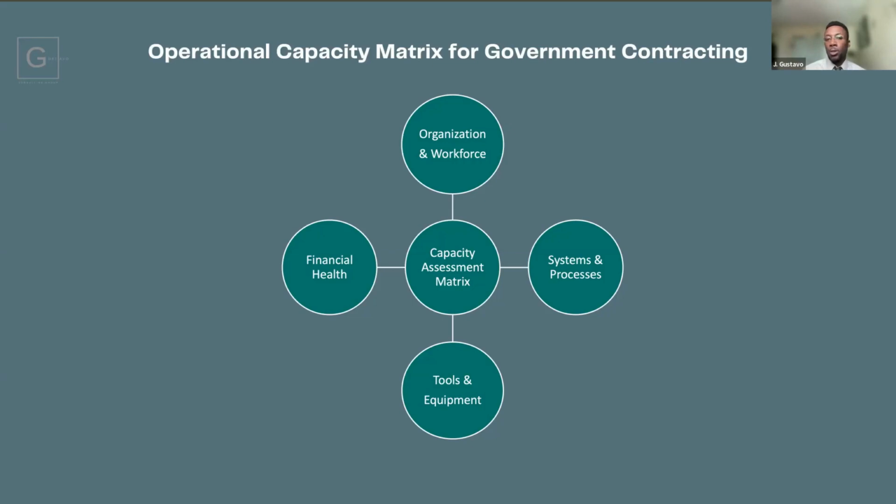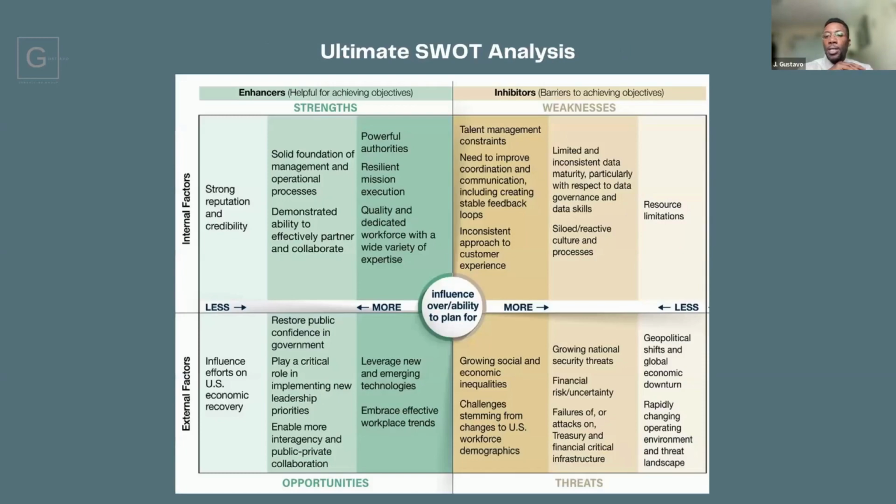So you can actually use this model to assess exactly: do you have all of the key functions in place in your organization and your workforce, your systems and your processes, your tools, your equipment, and your financial health? That will let you know if you are actually ready to deliver on a lot of these government contracting jobs that are out there. So this is an example of a SWOT analysis, and a lot of you know what